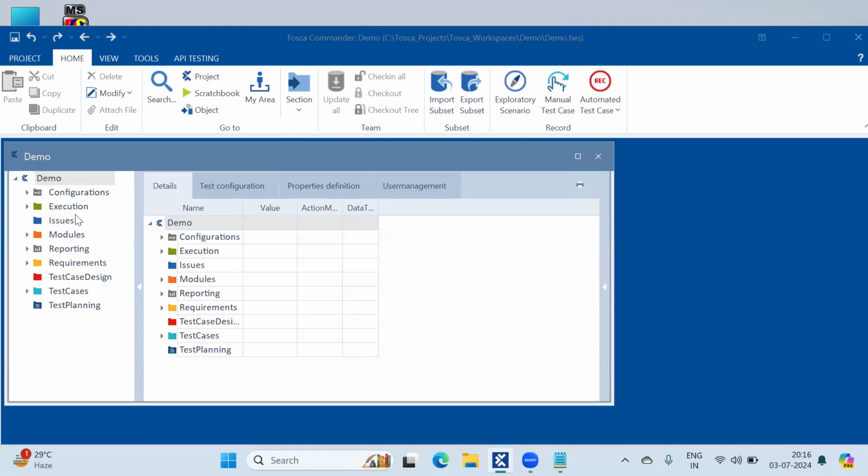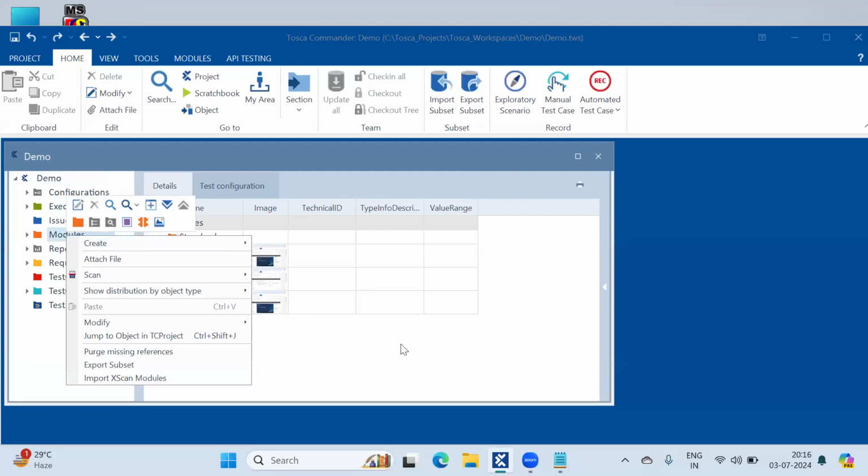If you want to work parallelly, like if you want the tabs to be side by side, what you need to do is this. Now I require modules and test case sections. How can I make it a separate tab? See, on modules, right click.